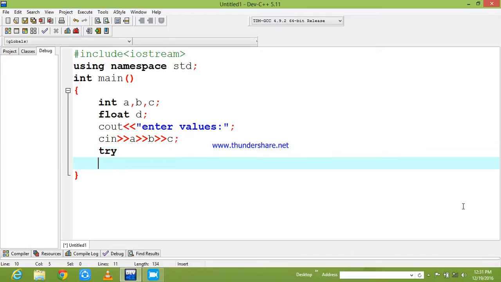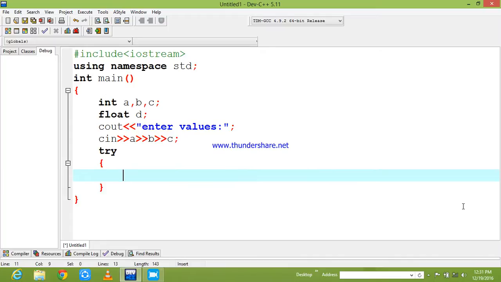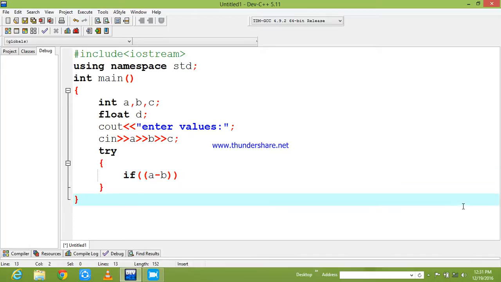Now I am going to declare a try block, and in this I am going to use an if statement and write my operation, that is A minus B,